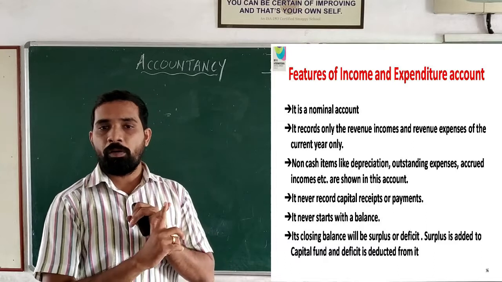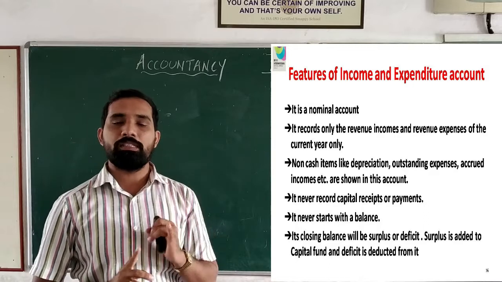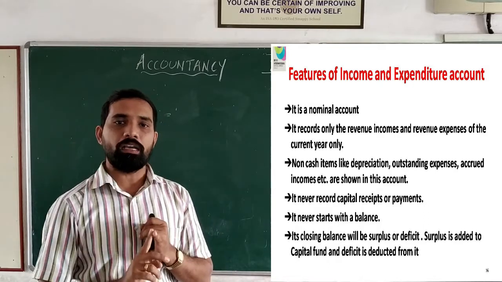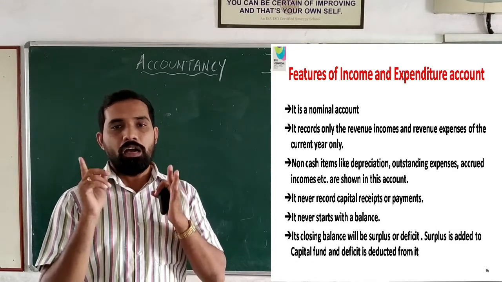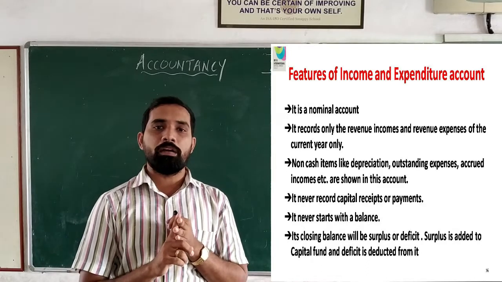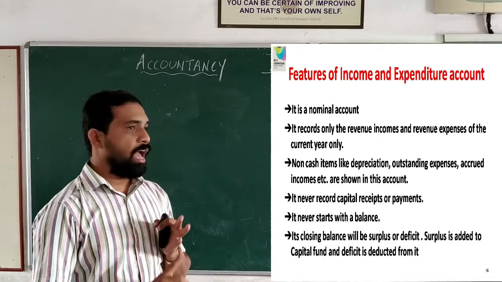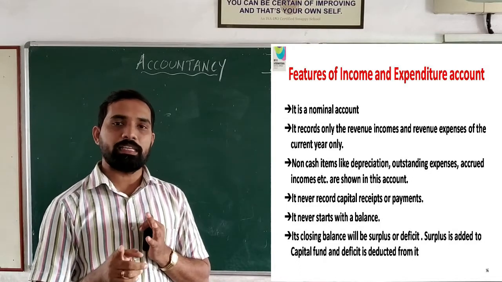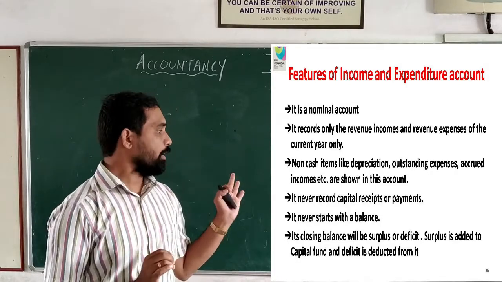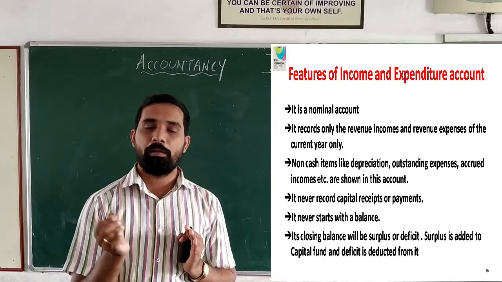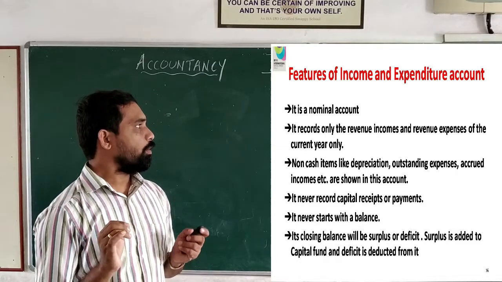Once more I will repeat the points. It is a nominal account. It records only revenue receipts and revenue payments of the current year. Third point, non-cash items like depreciation, outstanding expenses, accrued income, bad debt, etc. are shown in this account, and it never records capital receipts and capital payments. It never starts with a balance, and its closing balance will be either surplus or deficit. I hope all are clear on these points. Okay. Next,